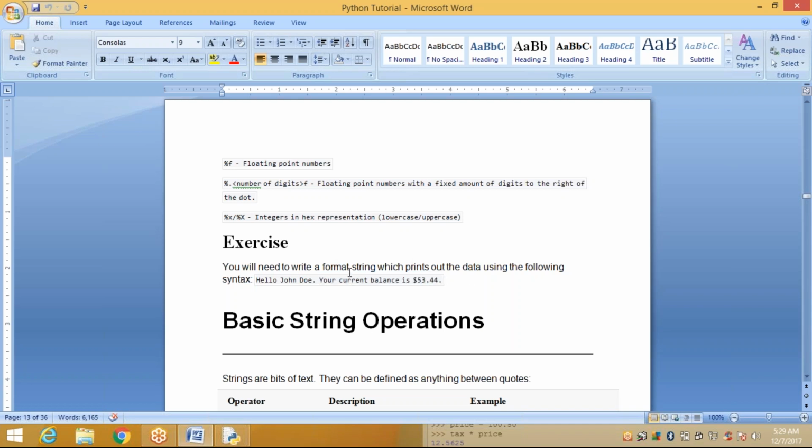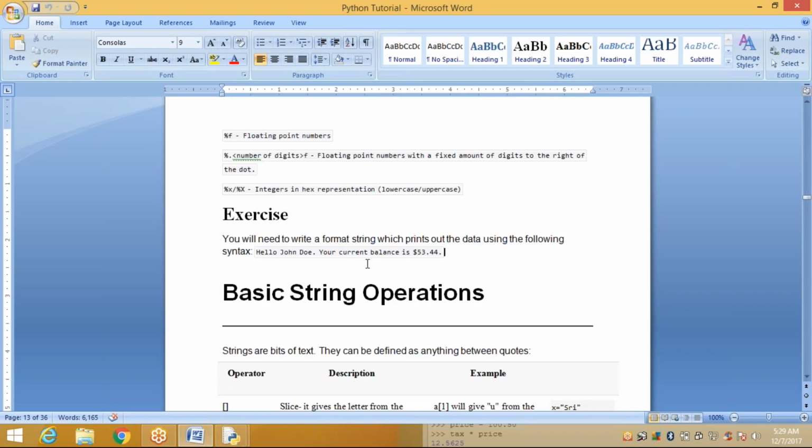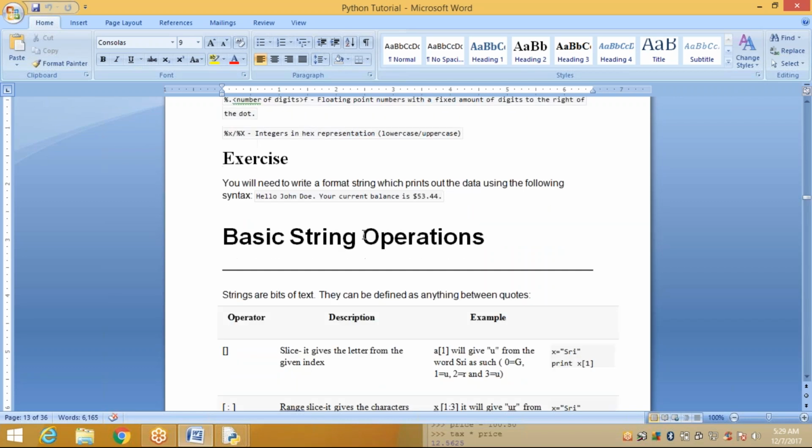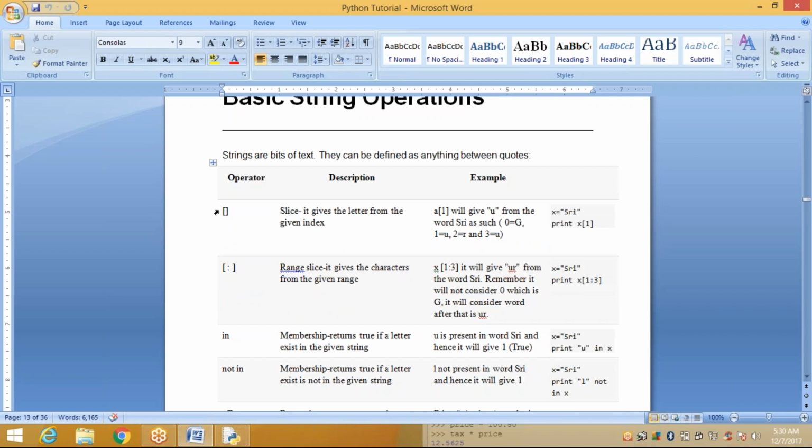So what are the different types of strings? We'll discuss these different types: replace, slice, upper case, lower case, and we can join the strings. So we have different types. We'll explain tomorrow. Already I said yesterday, we can use brackets to slice and get the letter from the given index.